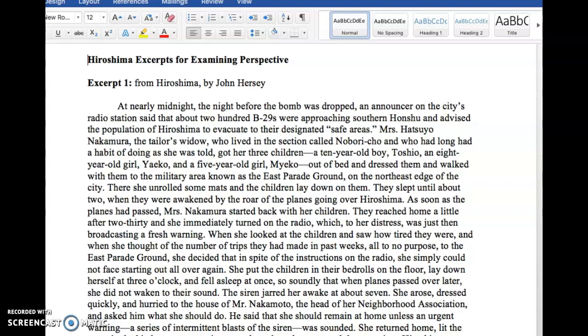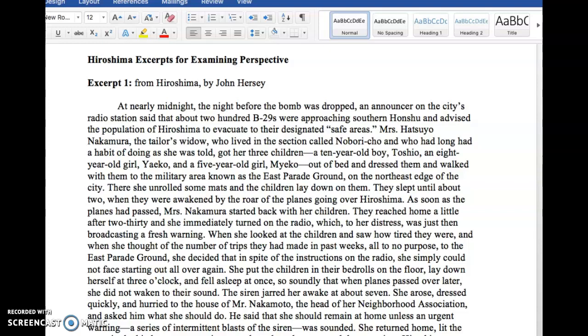Excerpt 1 from Hiroshima by John Hersey. At nearly midnight, the night before the bomb was dropped, an announcer on the city's radio station said that about 200 B-29s were approaching the southern Honshu and advised the population of Hiroshima to evacuate to their designated safe areas.